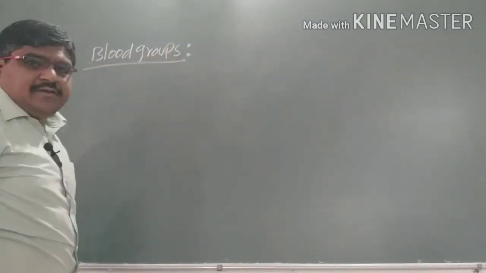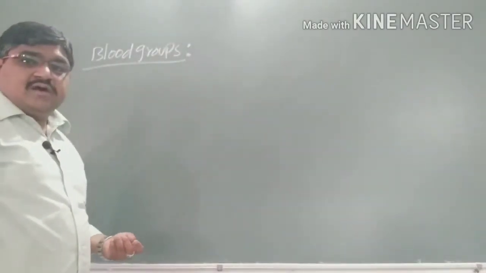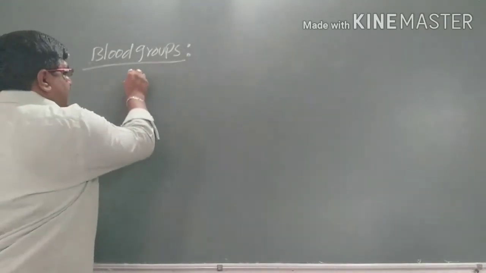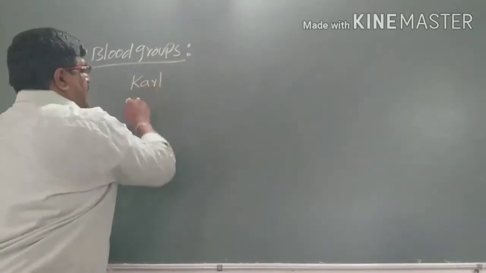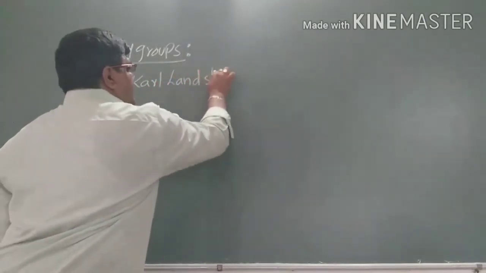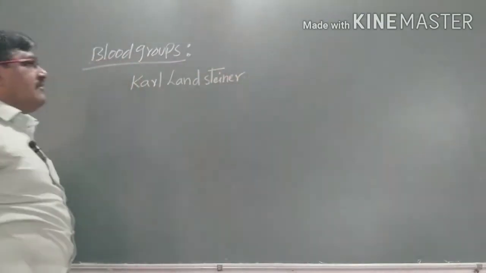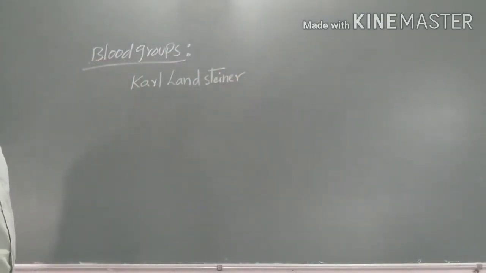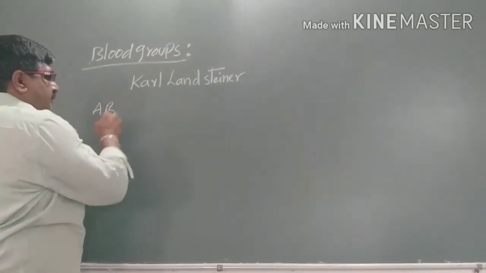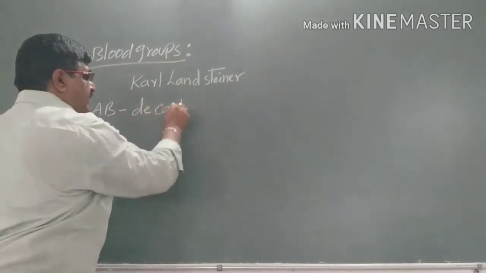So here, blood groups. What do blood groups mean? The blood groups were introduced and discovered by Karl Landsteiner, and the AB blood group was discovered by Decastello